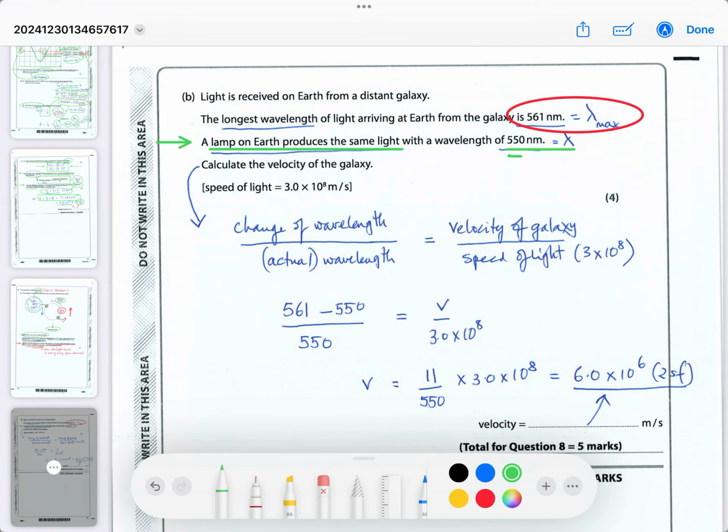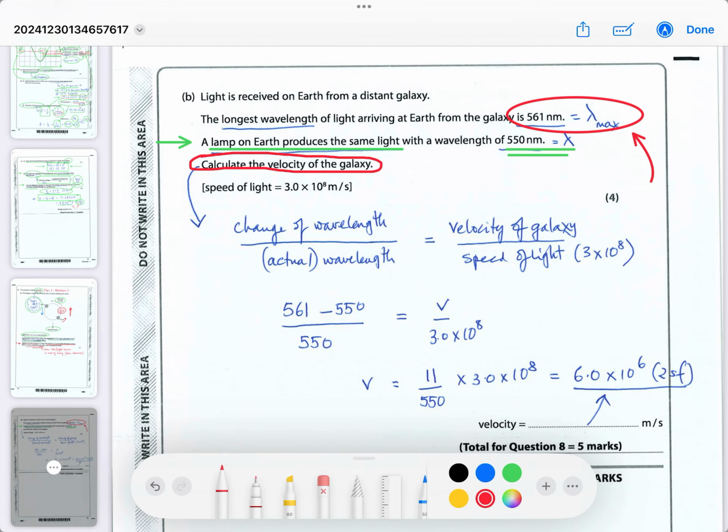So this is the normal wavelength that it should be producing because it's the same light, but the galaxy is actually producing a redshifted version of that light. So it's increased by 11 nanometers, okay? Now it says calculate the velocity